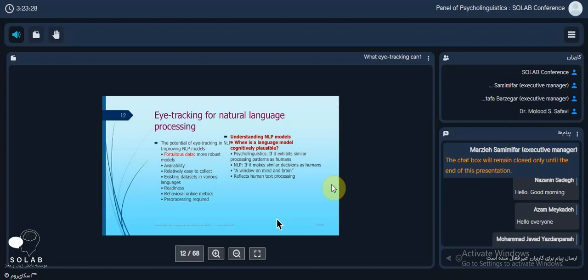Understanding NLP models, one is a language model, cognitively plausible, psycholinguistics say, if it exhibits similar processing patterns as humans, as I mentioned, and in NLP if it makes similar decisions